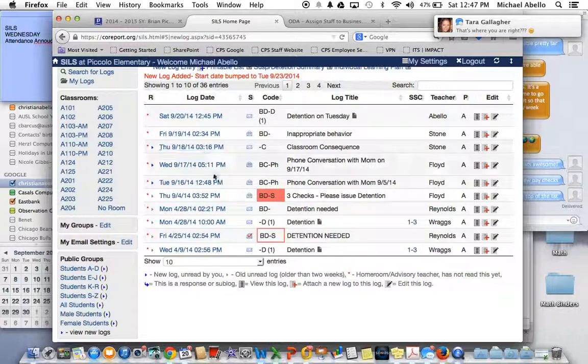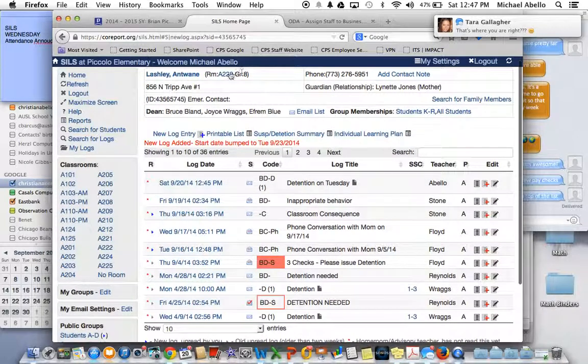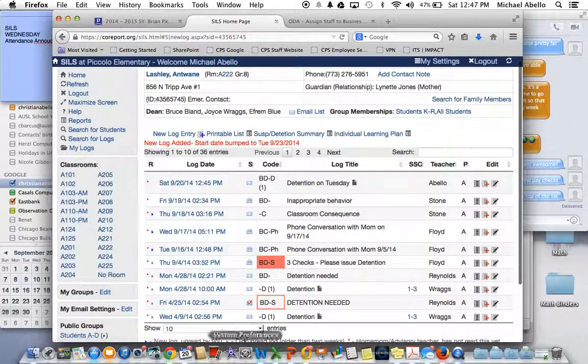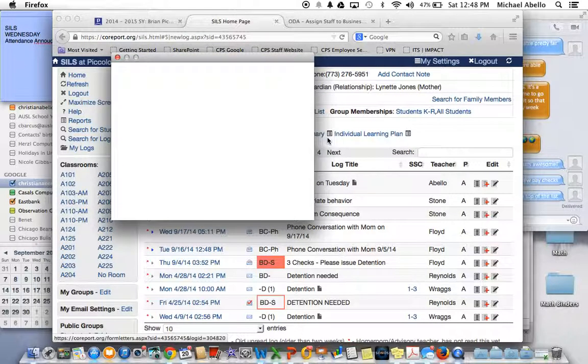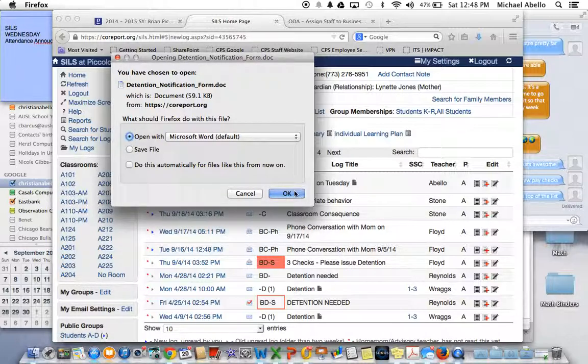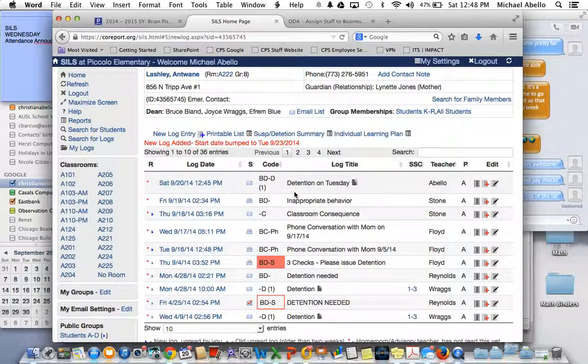Okay? So when I do Create Log, it's going to bring me back to Antoine's home page with all of his logs right here. To print out the detention form, I'm going to click this little page here on the right-hand side. Once I click that page, it's going to ask me to download a file. Once I download that file,